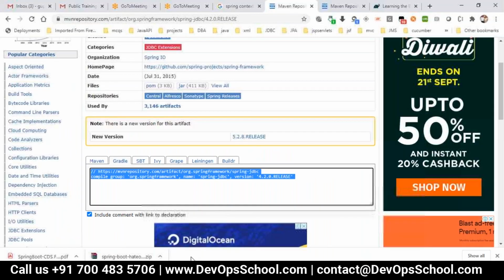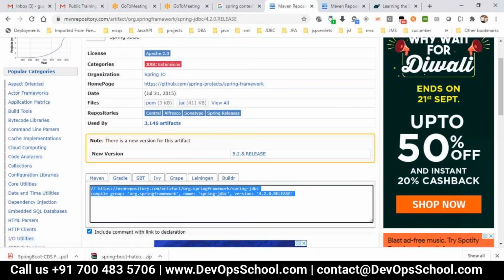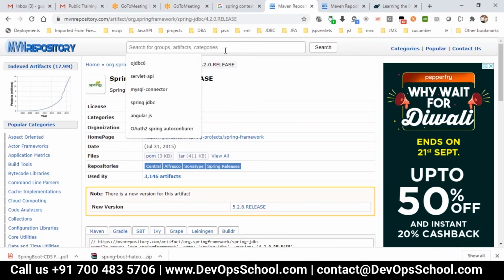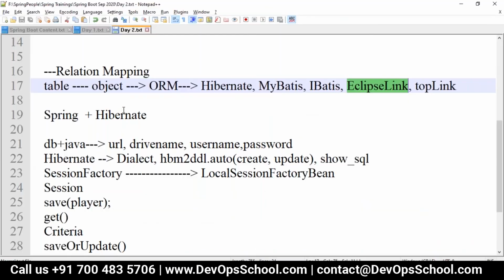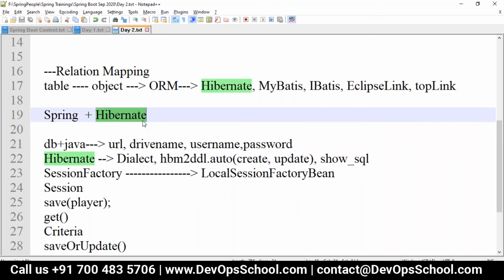You are saying this is slower compared to the traditional JDBC template way, right? Yes, when you talk about performance, JDBC is preferred over Hibernate. But where you want to provide the mapping of your relations, like in the POJOs in Java you will have inheritance and all this mapping, so that I want to map my Java objects into the table, then we go with Hibernate.